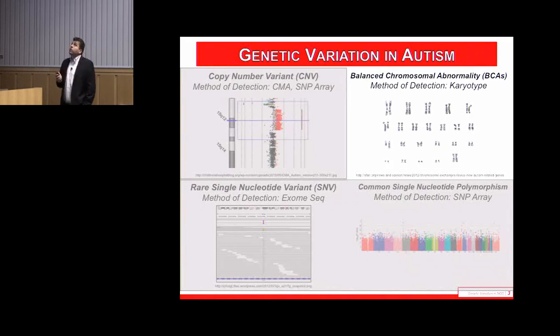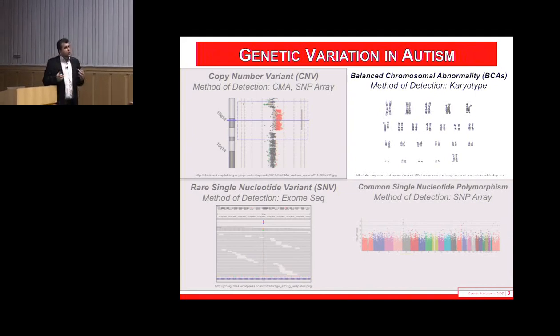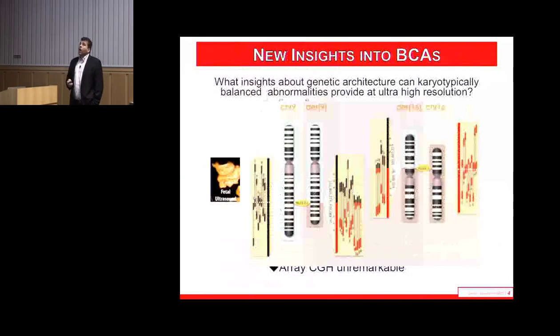So a lot of my work is really focused on this group of variants, and the reason is that when you have a balanced rearrangement that occurs de novo, you can disrupt an individual gene without concomitant loss or gain of genomic material, such as happens with CNV. So you can narrow in on a single gene of interest in a given complex disorder that you really don't have the opportunity to do when you have large gains or losses of DNA.